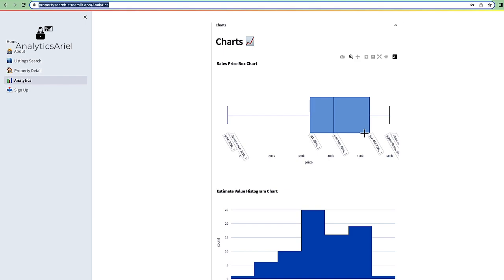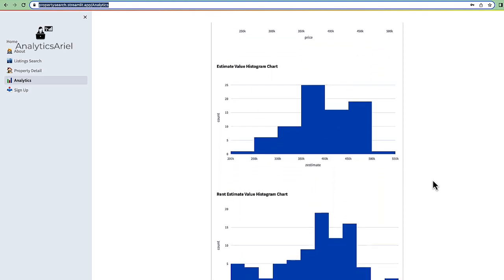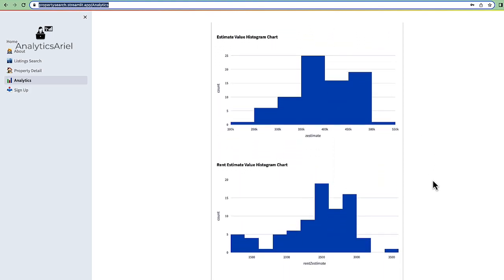So if we want to look at the sales price box, we could see that the median is $405K, with the lower end being $225K, and first quartile $365K. This gives us a good idea of where the data lies. We could also look at 2 histogram charts for both the estimate value and the rent estimate value as well. We could see that most of the data is centered as well for rent estimate too, with some being on